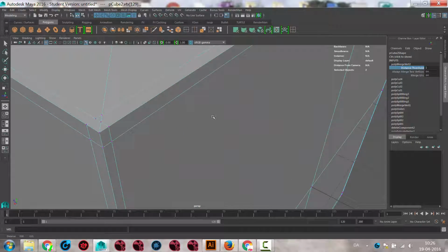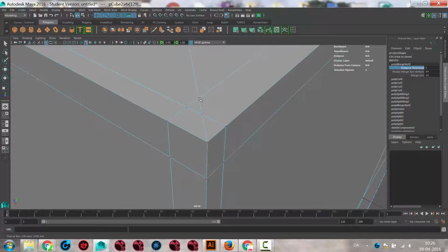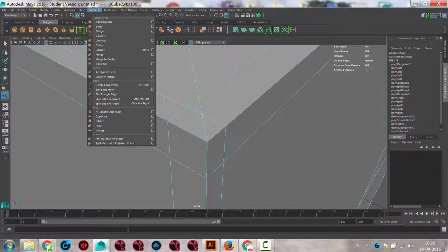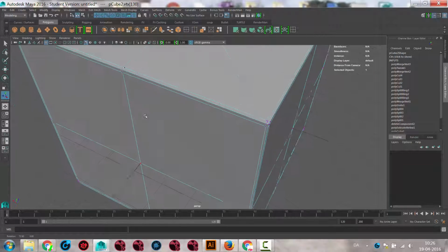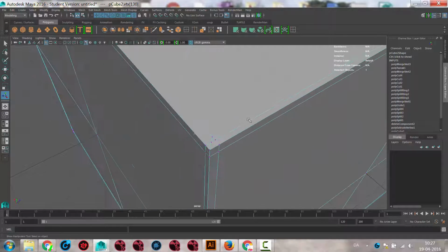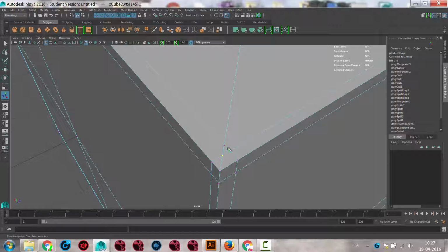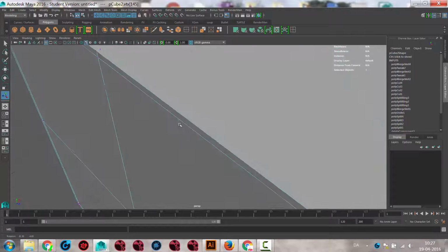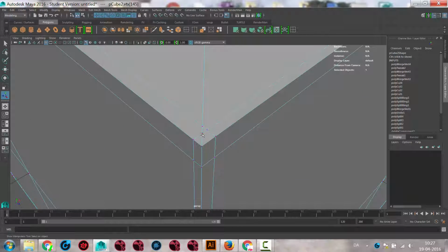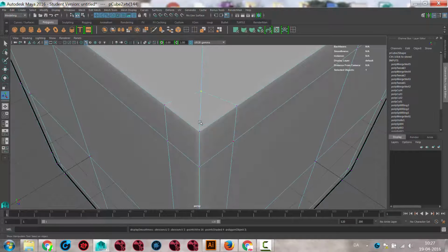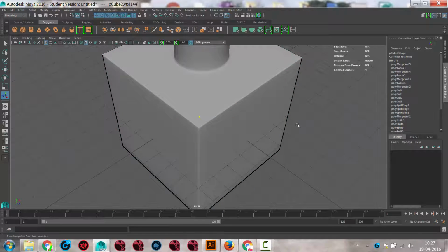I can do something similar over here. So just grab that one, and that one. There's another tool called Merge to Center, which is basically what I want. Press G to repeat. And G to repeat. Okay, so you can see when I smooth it now, I get a nice, oh, it